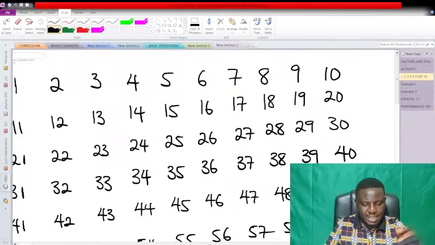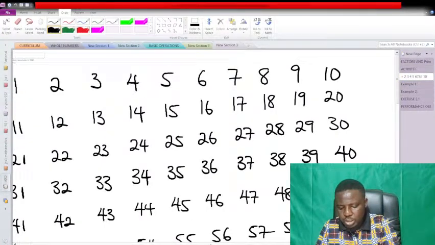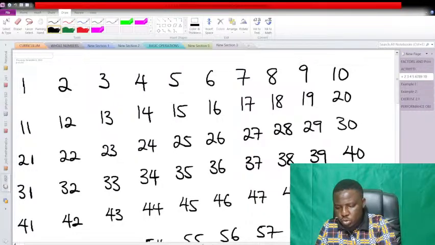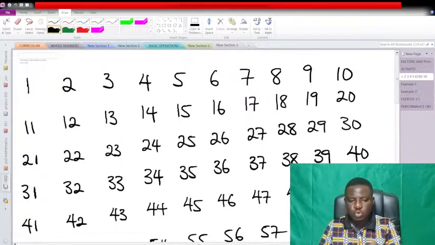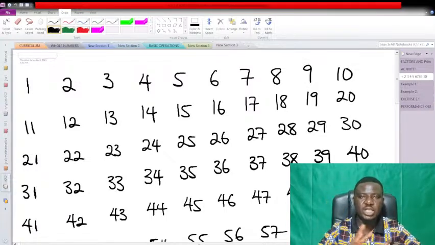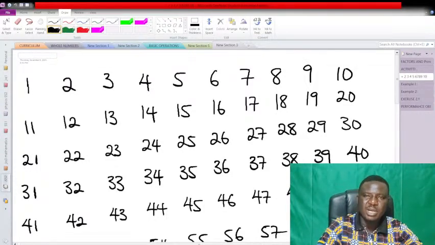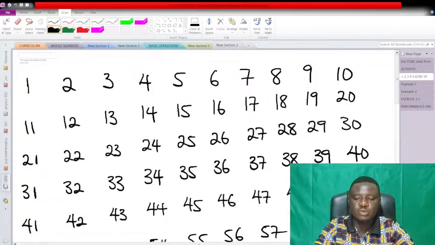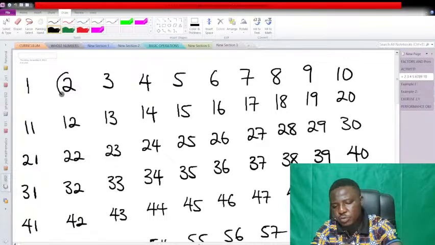I've been able to take my time to write out all the numbers from 1 to 200. So we are going to do as was said. The first step is to shade all the multiples of 2. But in this case, I'm going to circle all the multiples of 2. So multiples of 2 between 1 and 200, we have 2,